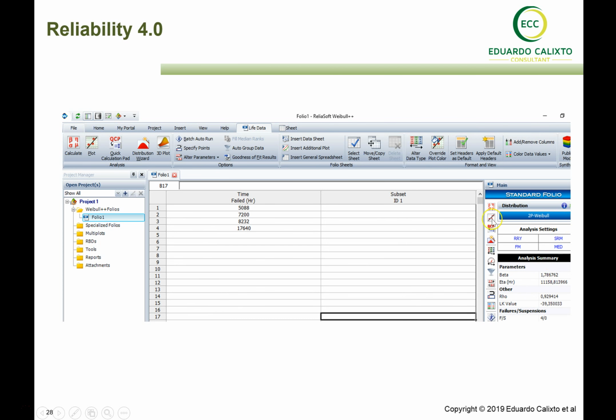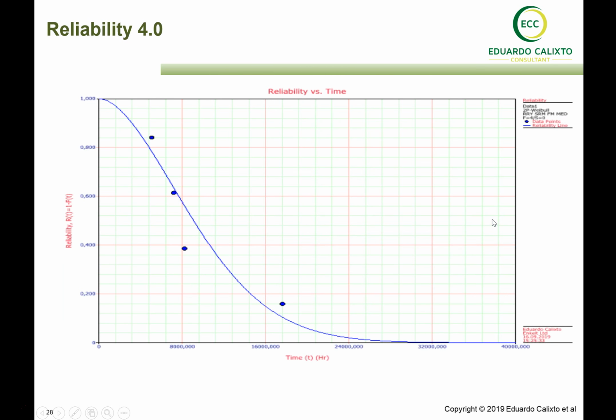In this case, in the software, you plot the reliability automatically, and you can also predict the reliability in a specific period of time just using the software. But you need to use a software, you need to be an expert. The idea of reliability 4.0 is